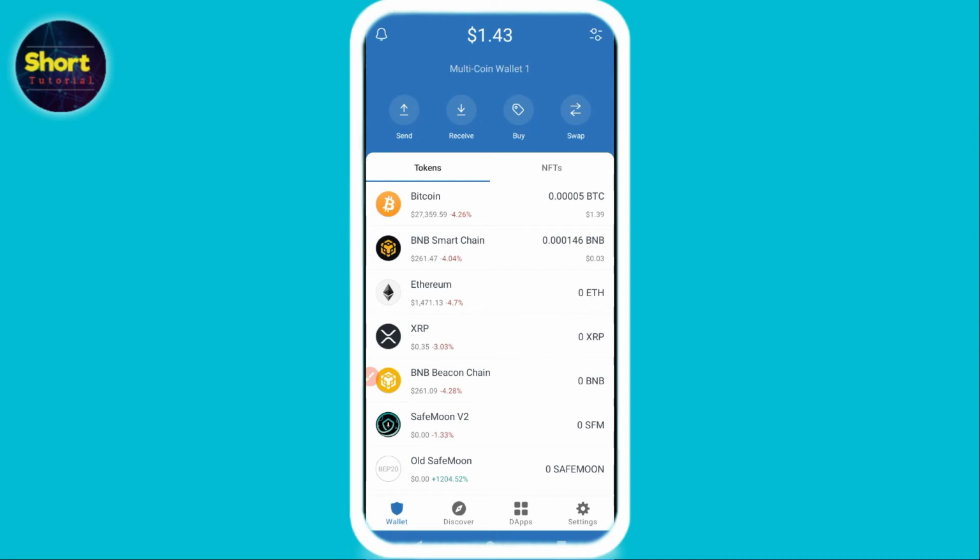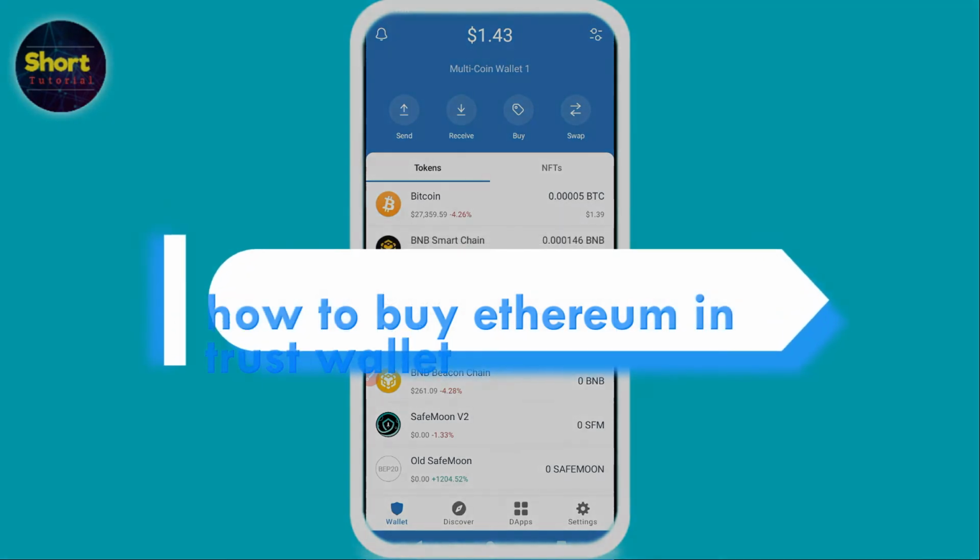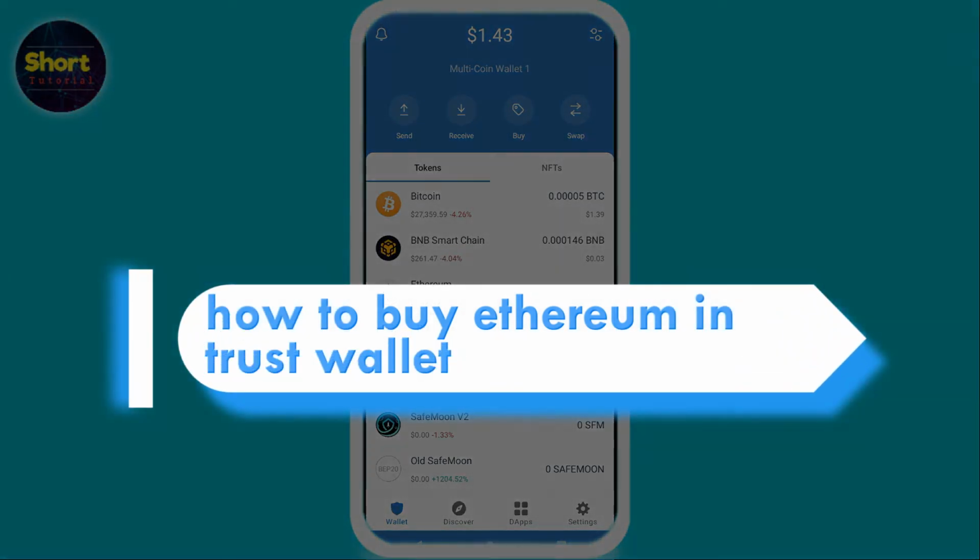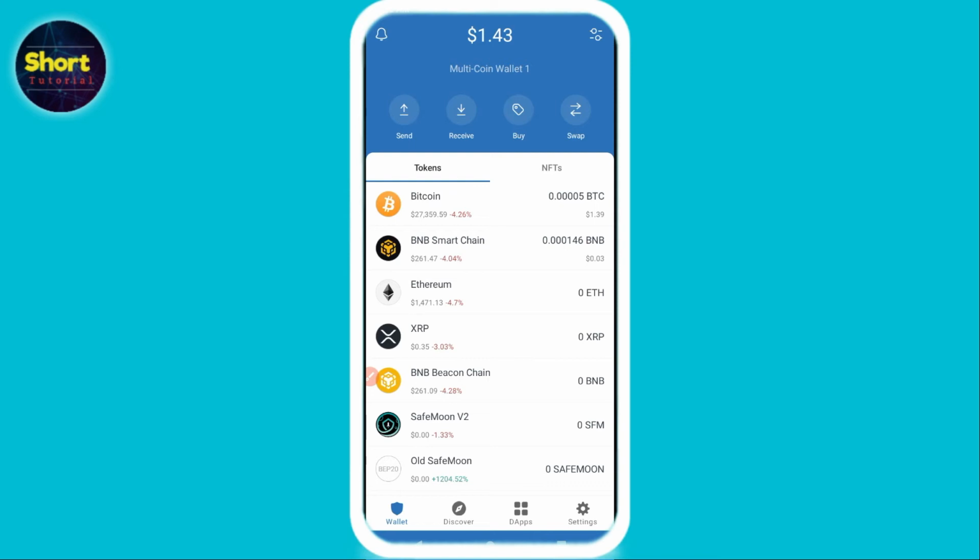In this video I will show you how to buy Ethereum in Trust Wallet, how you can buy in Trust Wallet. Watch this video till the end and you have to follow the same procedure, and if this video really helps